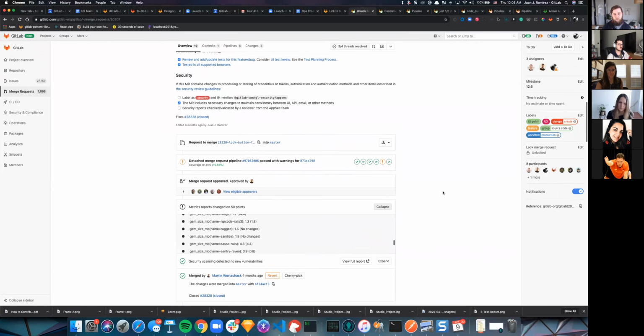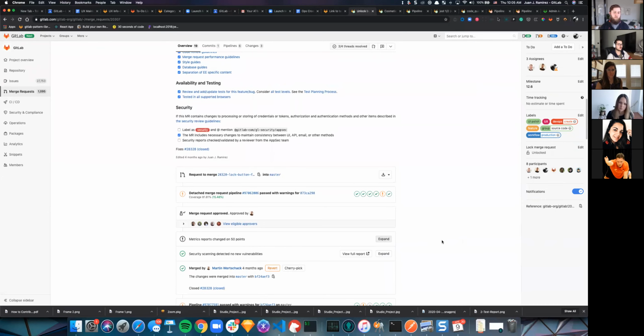Another interesting thing to see here is that usually when you run a pipeline, you will review the pipeline summary here. So for instance, in this case, let's say that the test failed, and then you click on this. You're on the test stage, you're reviewing the test stage, and you want to go and see the test results.